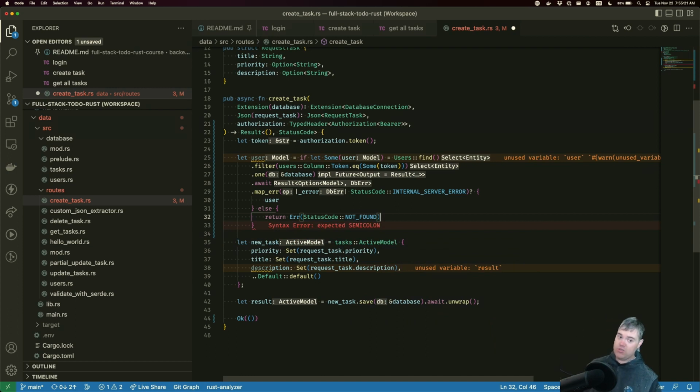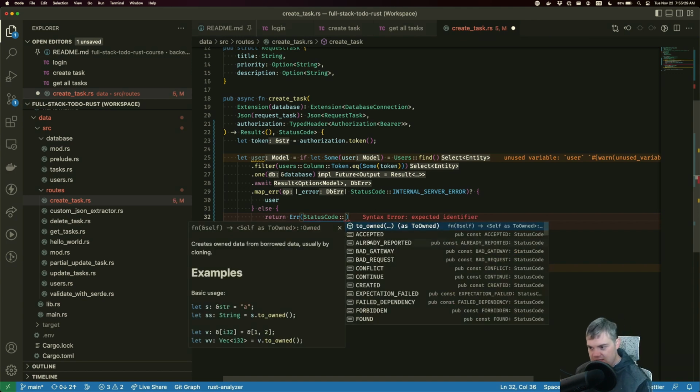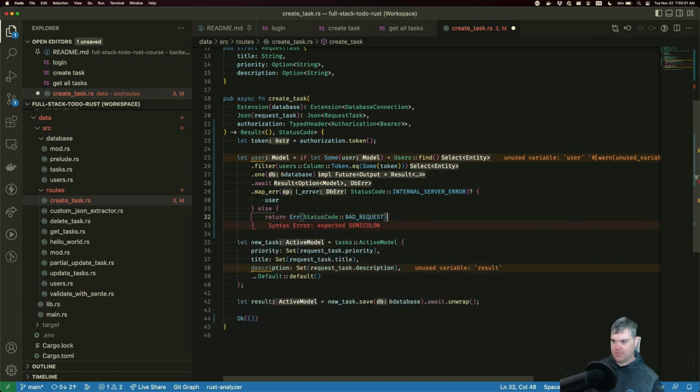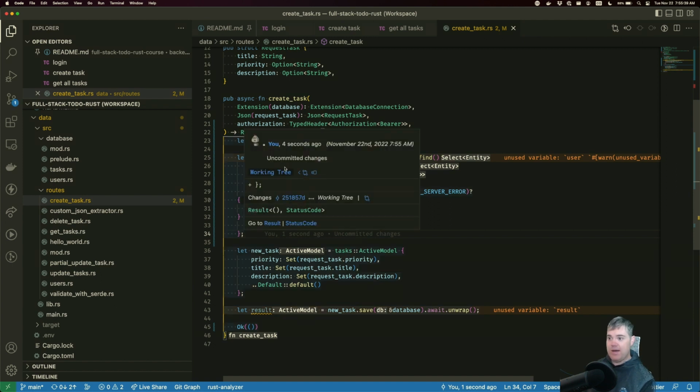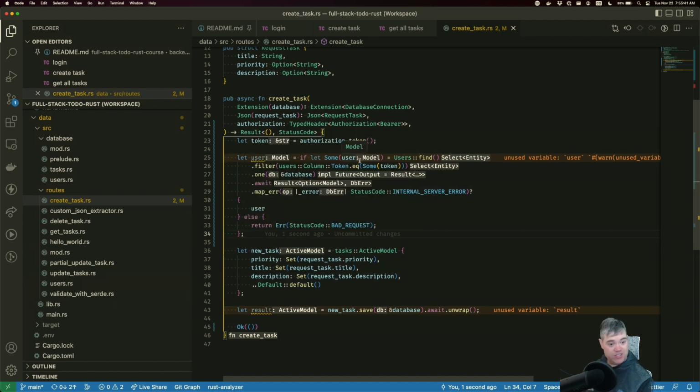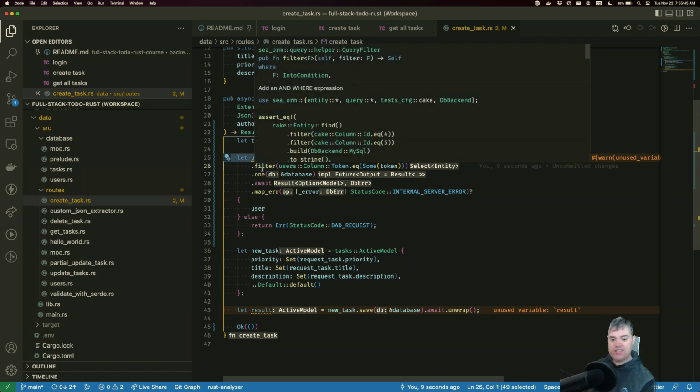Or we could return a 400 error, sort of like some user problem. Maybe that would be a little bit better. Let's see, bad request. They should have given us something more. So I'm calling that. Okay, so now we have a user as the model. We know that the token matched, so at this point we're good. We consider them logged in.